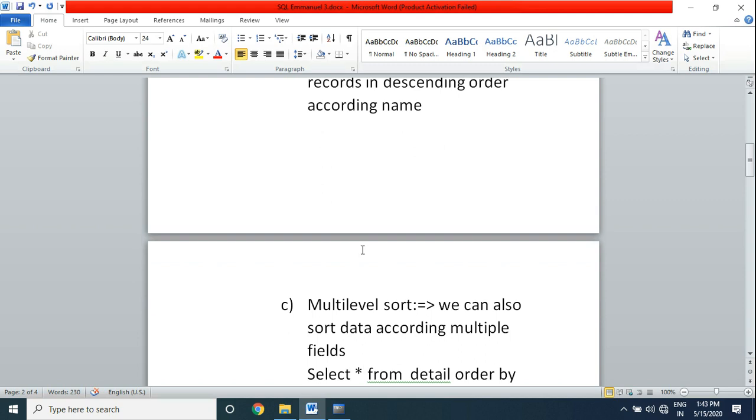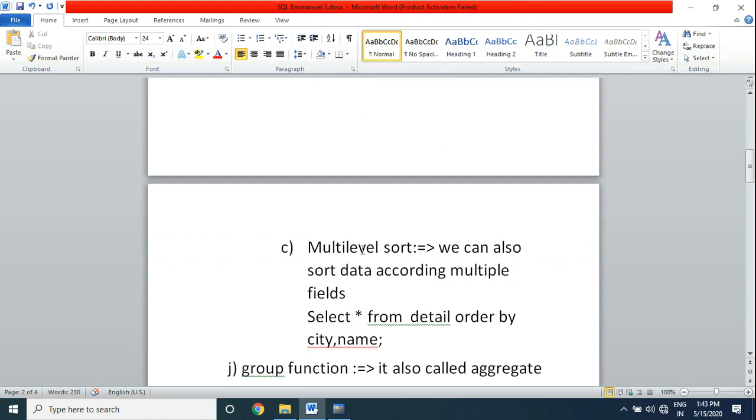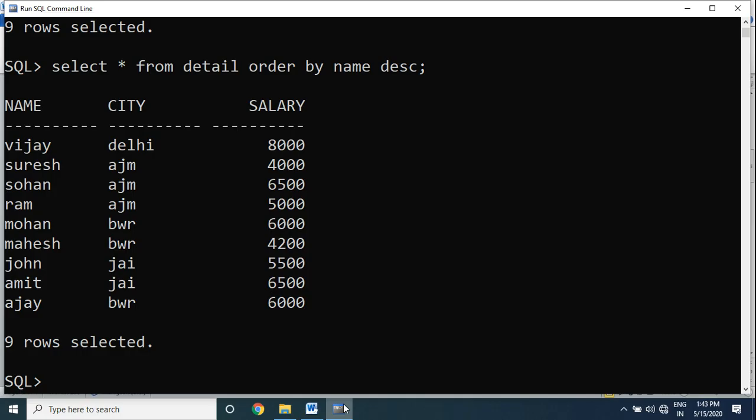Multi-level sort. We can also sort data according to multiple fields. If you want to arrange records according to multiple fields, then we use SELECT * FROM detail ORDER BY city, then we use a comma and name. So it will first arrange all records in ascending order according to city, then it will arrange according to the name. Let's do an example. First of all, I write